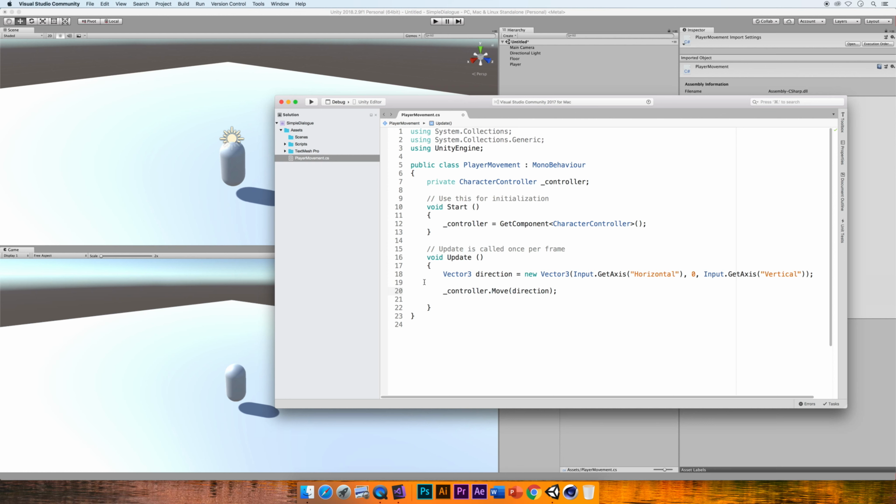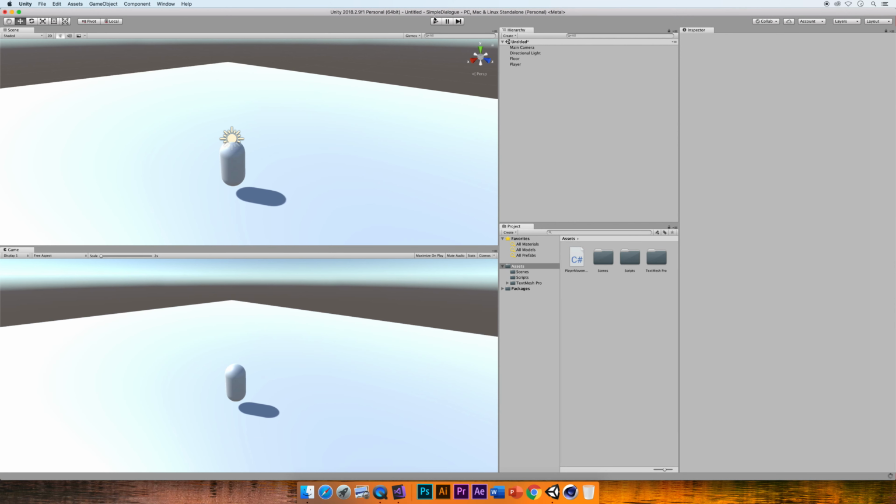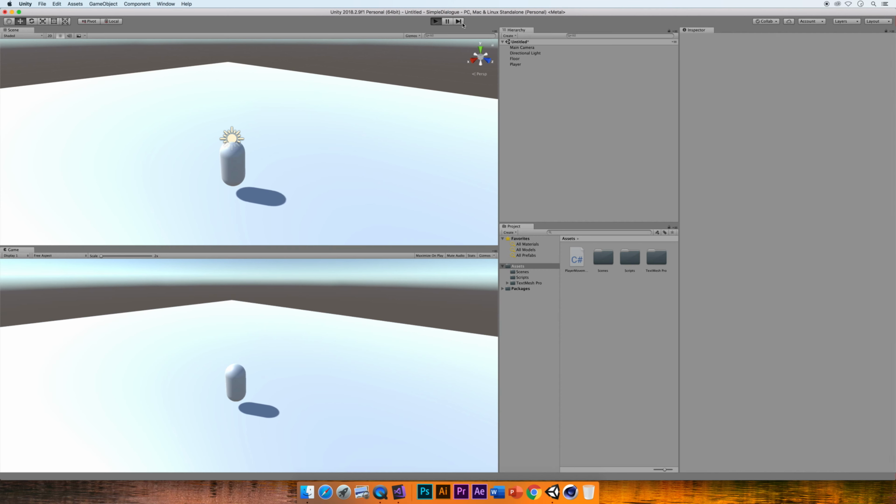Okay, so we're going to move in front with this. Cool, fantastic. Let's command save that. We'll have a test of our scene. And what we should find is that just like with our simple movement, we can move, as you can see, we can move very, very quickly. So our movement is there, which is fantastic, but unfortunately,